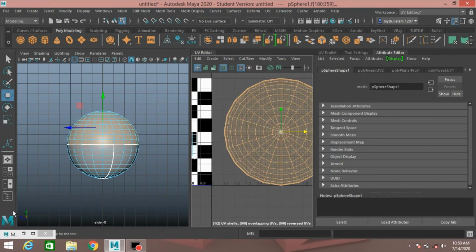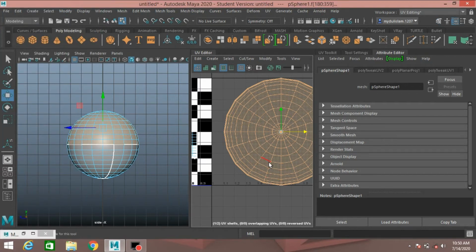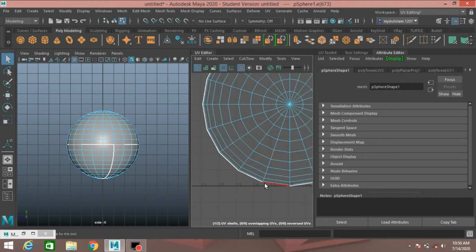Now go to edge selection mode, select the edge as shown.